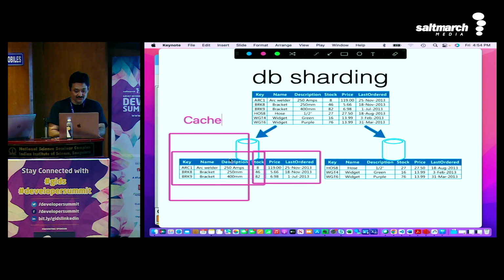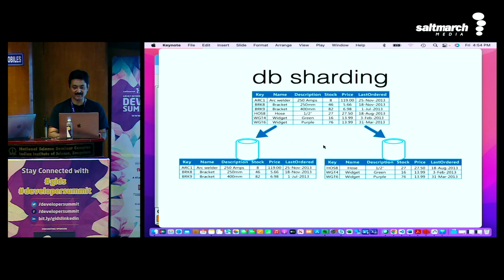What is changing? How many stocks are there, and what's the price, and what's the last order. These three things will change. That's not a problem. You can also remove any PII data from here. If you have PII data, remove it and create a vertical shard for it. That's another design pattern in the database. Make sense? So there are multiple ways you can shard the data to really help you out.